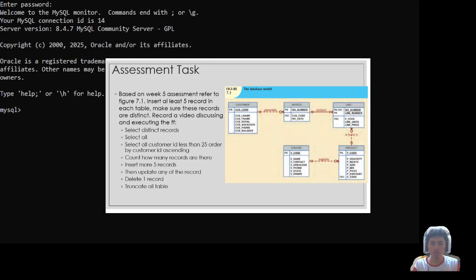So hi everyone, I'll be presenting our data manipulation language or DML activity using MySQL in WAMP. This activity focuses on performing different operations used to manage and manipulate data with a relational database. The database consists of several related tables including customer, vendor, product, invoice, and line, which represent a basic sales and inventory system. The main objective of this activity is to demonstrate how data can be inserted, retrieved, updated, and deleted